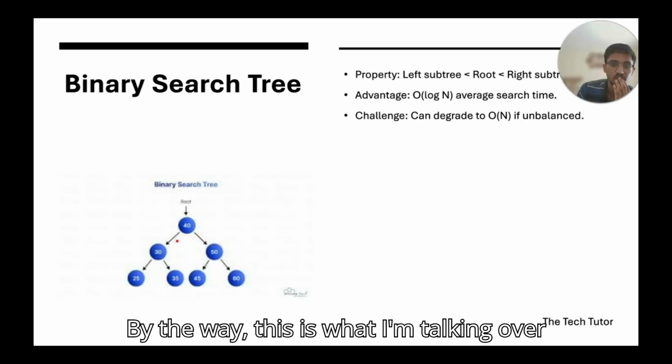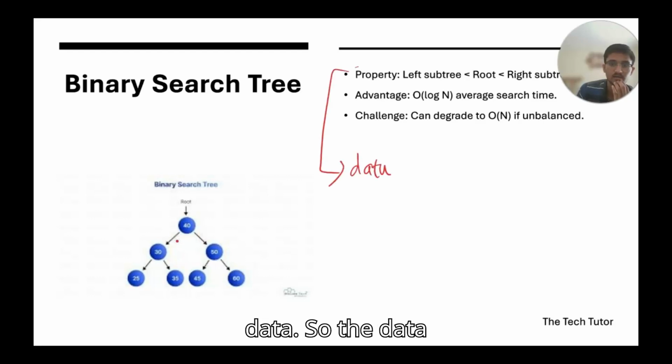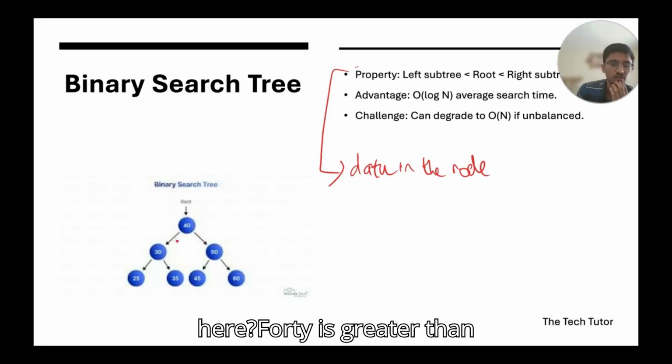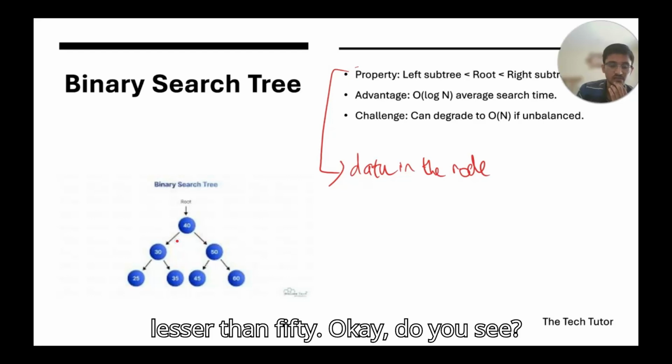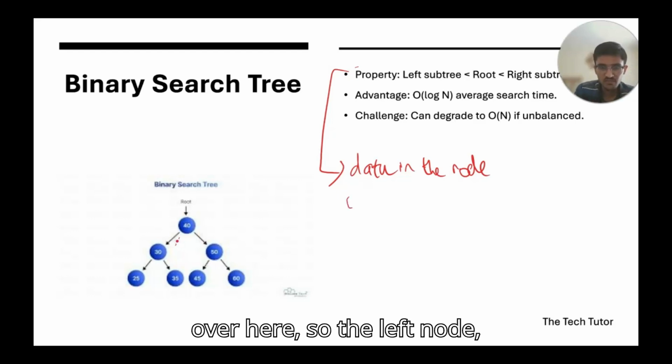What I'm talking about here is the data in the node. You see over here, 40 is greater than 30, but 40 is lesser than 50. So the left node